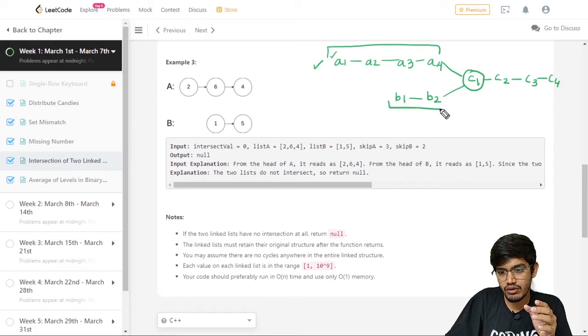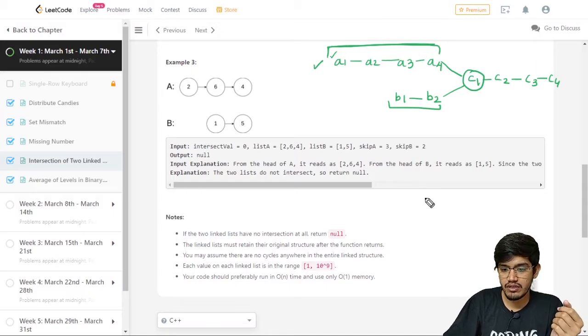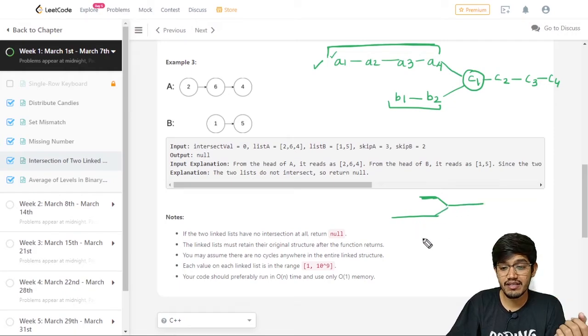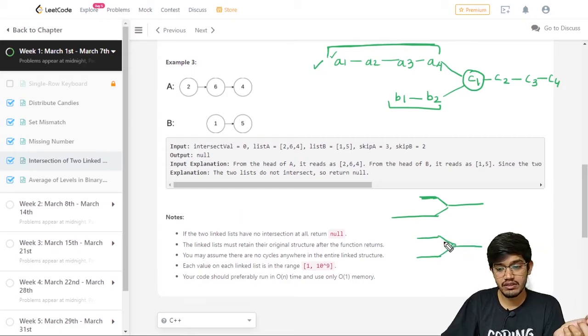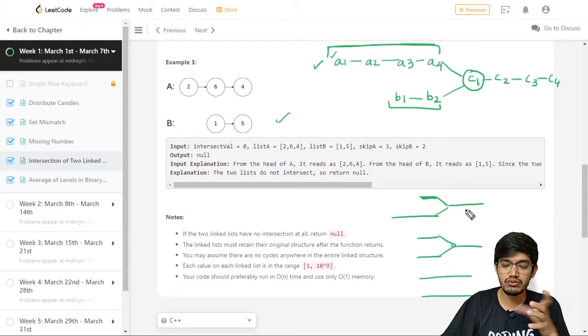In this case this is smaller and this is larger. There might be a case in which this linked list is smaller and the other is larger, or both linked lists are of the same length. Another case is when there is no intersection, which we have seen. These are the possible cases.